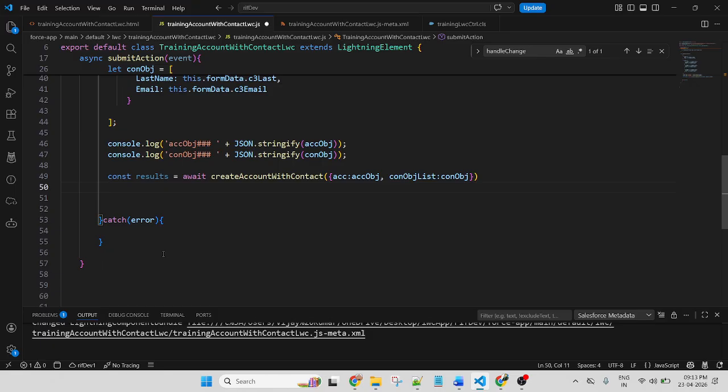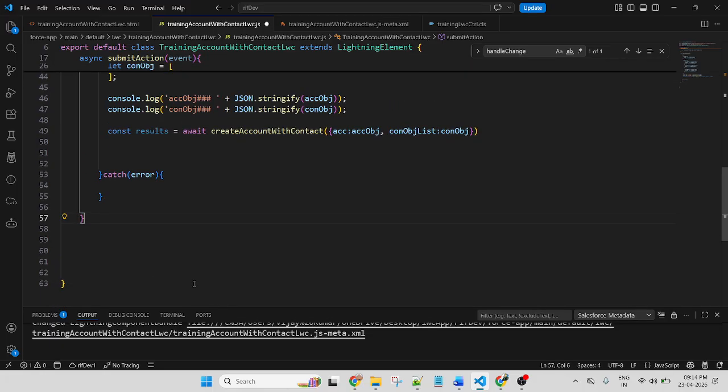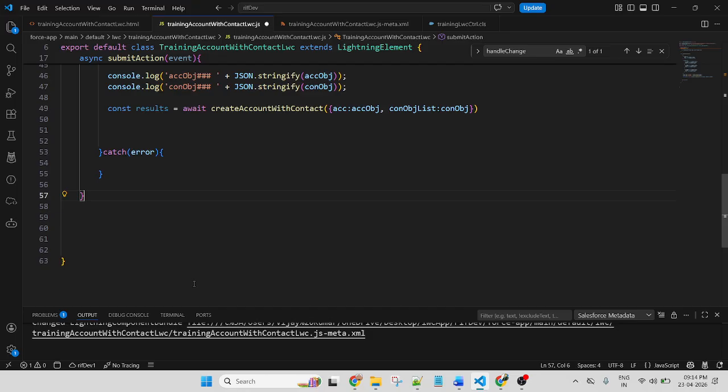I want to display a toast message in both the try and catch blocks. So if you want to reuse the same function, don't create it here. Create a separate function for toast so that we can reuse it.